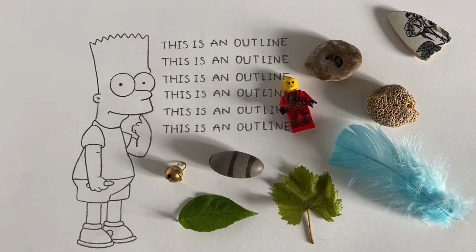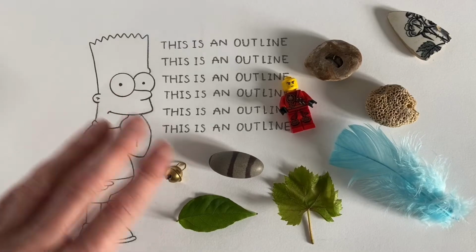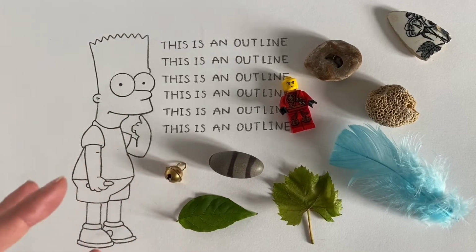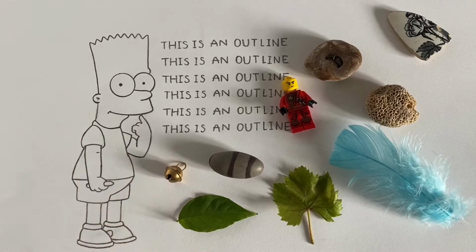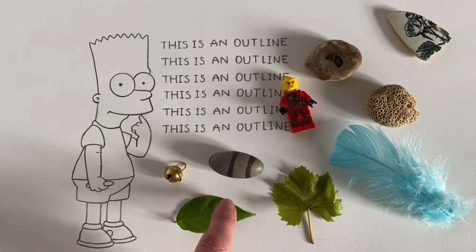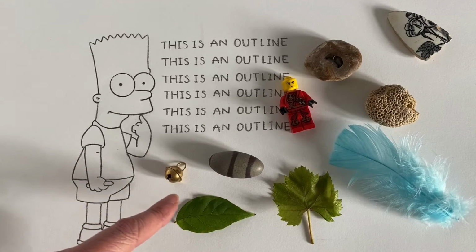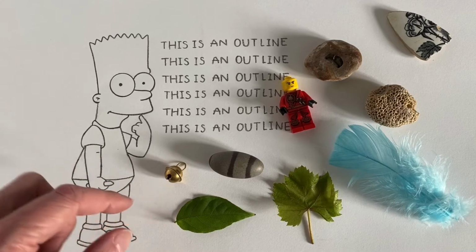Now, I often refer to Bart because you know what I'm talking about. Bart Simpson is a cartoon character with a very clean outline. We know his face is yellow and it's coloured in flat yellow. His 3-dimensional form is suggested as he moves around in space. Now, if we look at any of our objects, there is not a clear, heavy, single outline around it. Look at the leaf, it's got an edge, a boundary between the green and the paper below. The bell, whilst it's darker in some places and lighter in others, you can see it's got a clear edge